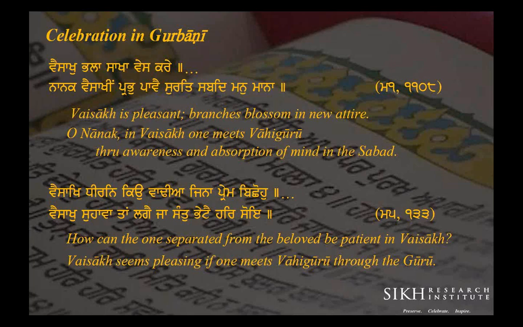So he starts with, how is it even possible for one who is separated from the beloved to be patient in this month of Vaisak? Vaisak is a month of fruition, a month of achievement, and there's this kind of anxiety that it hasn't taken place. What I have been consumed with, he says, is putra kalitra na sangatana. Those that I know are impermanent relationships. That's what I've been focusing on, and I haven't really said, hey, I got it, har avanasi o, that relationship that can never be destroyed.